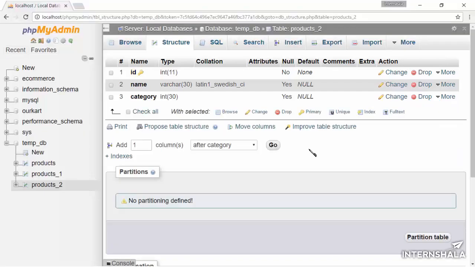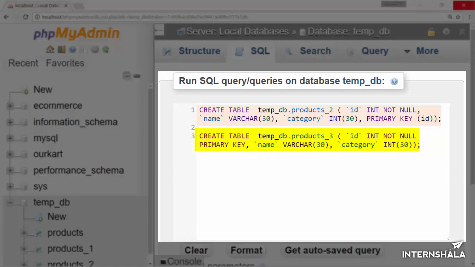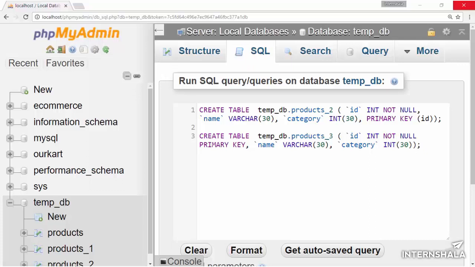Another way to declare primary key is to define a column as primary key along with its properties itself while creating a table, like this. Here, only syntax is different. Also, we know that the primary key cannot contain null values. It's supposed to contain unique integer in each row. And since I have declared ID as primary key, database understands that primary key can never have null and duplicate values. So it applies both the properties on the column.